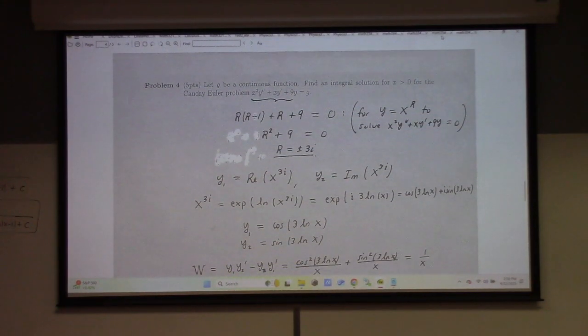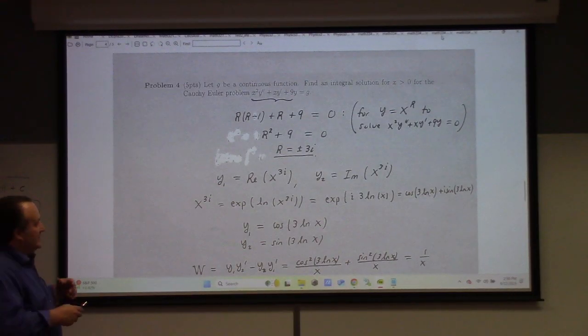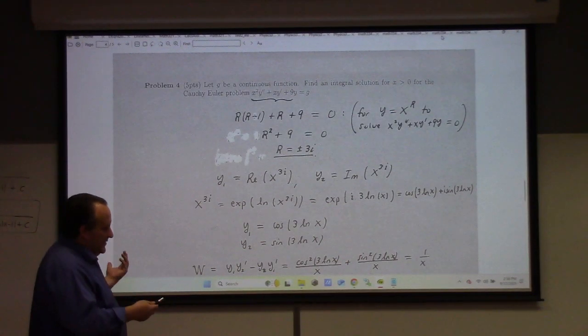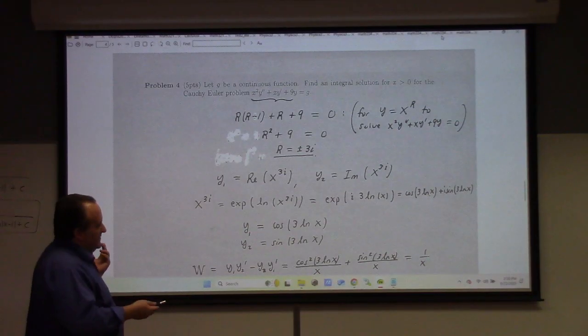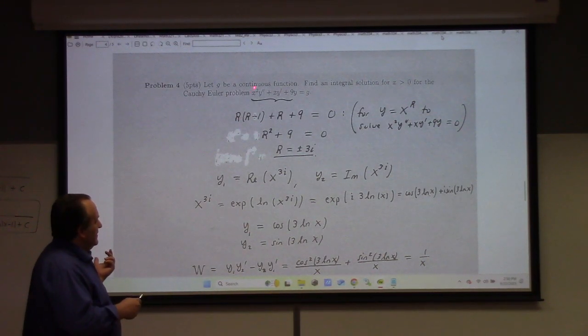So we also talked about the Cauchy-Euler problem. Remember, the Cauchy-Euler problem is really different in the sense that instead of guessing y equals e to the lambda t, or e to the lambda x if you like, we guess y equals x to the r. And when we plug that in, we get an r times an r minus 1, an r for this, a 9 for that, which gives us r squared plus 9, which is giving me plus or minus 3i for my r. And then the story is, we take the real part of this, the imaginary part of that,